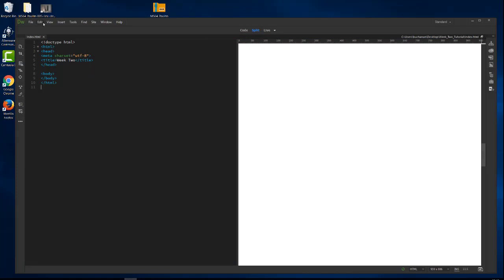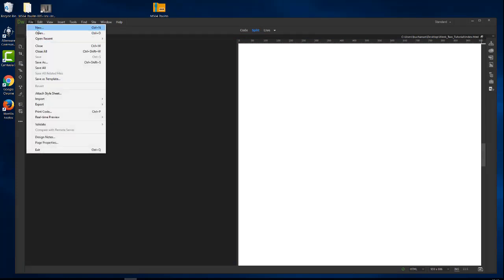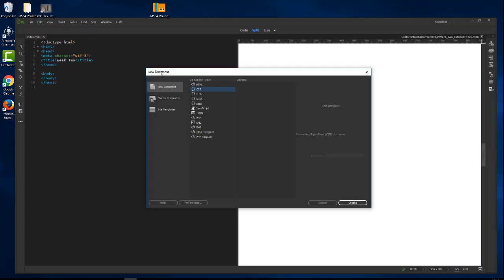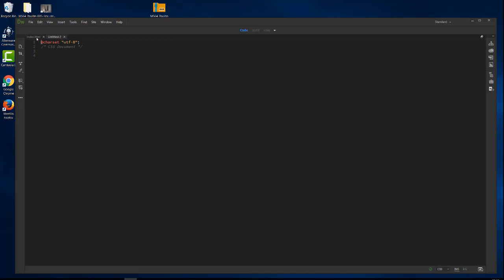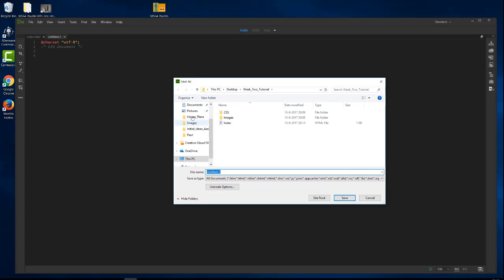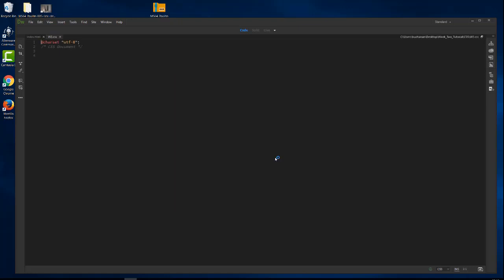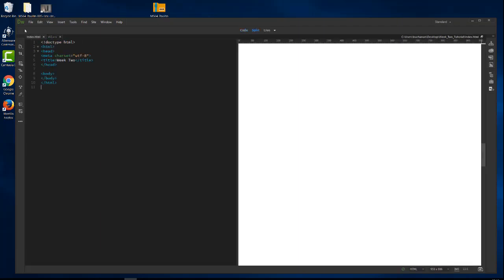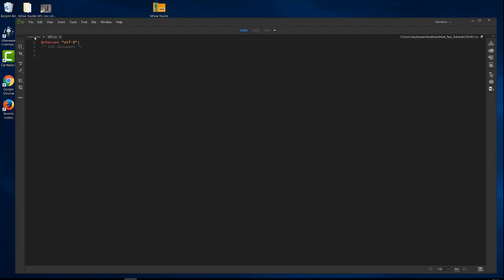I'll go back to Dreamweaver, and now I'm going to create a new CSS page. So just click CSS, I click create, it's given us a new document here, and I'll just go File, Save As, Desktop week 2 tutorial, CSS, and I'll call this one W2 for week 2, and I just click save, and then it's changed it here, and I now have our index HTML there. So we can just tab between the two